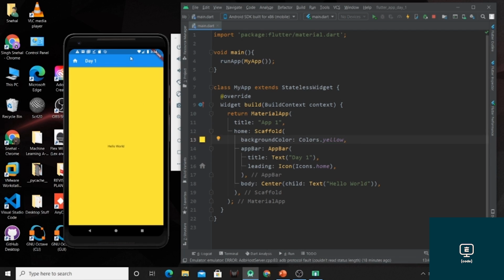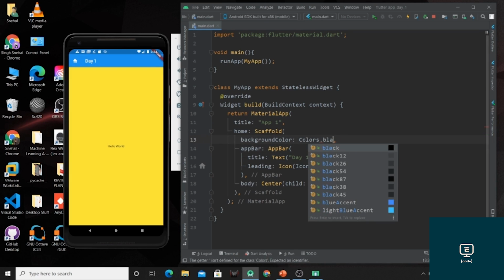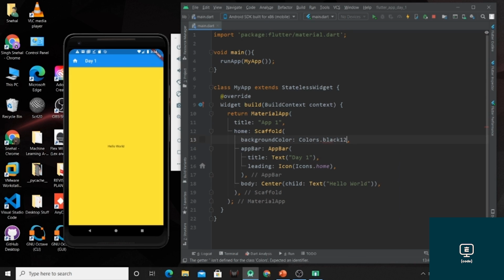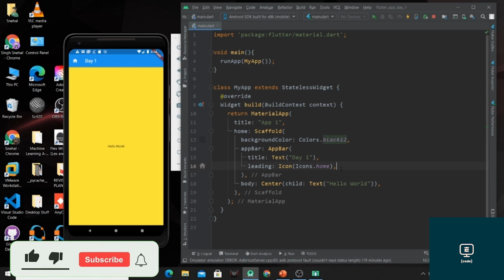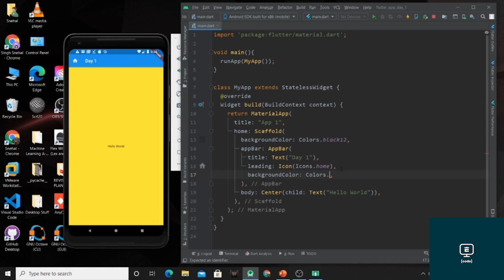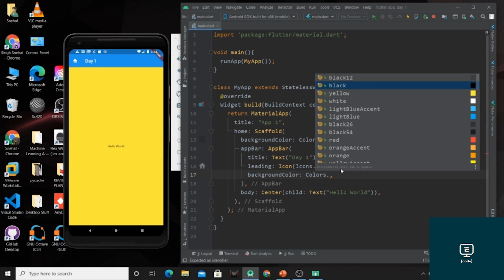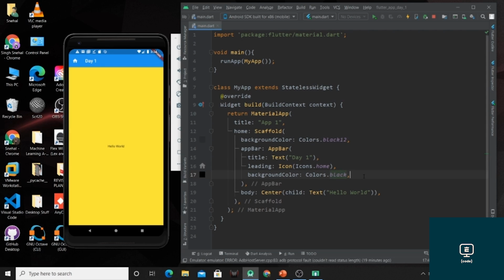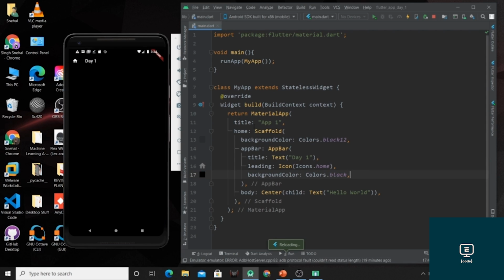And if we want to change the color of our app bar, we can specify that color inside this app bar function. So I'm going to use black 12 color, and so this will change the color of the app.